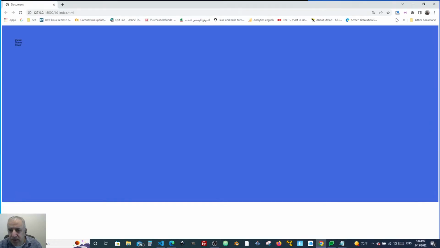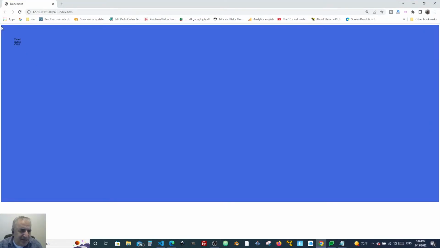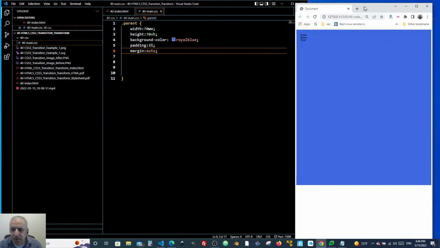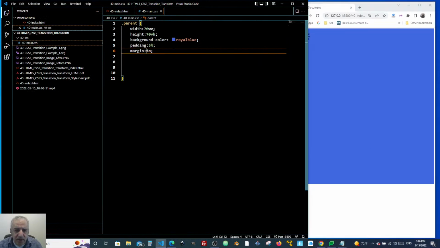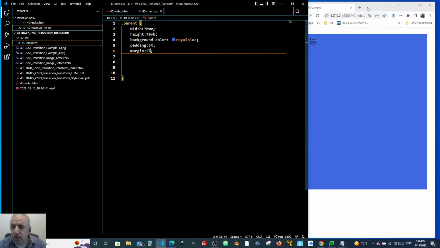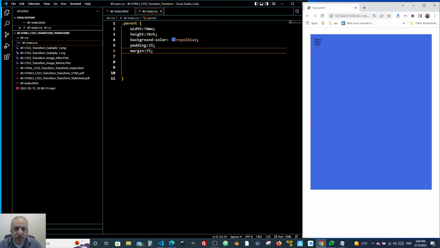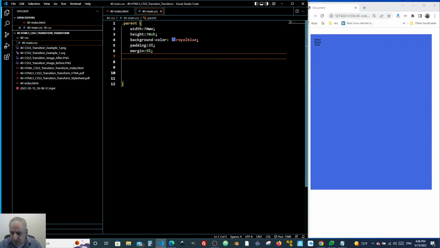so it looks like it didn't change a lot. I'm going to give it more. I'm going to specify the percentage. Let's say 5%. Okay, so we gave it a margin of 5%. This way it will give it more clearance between the parent and the